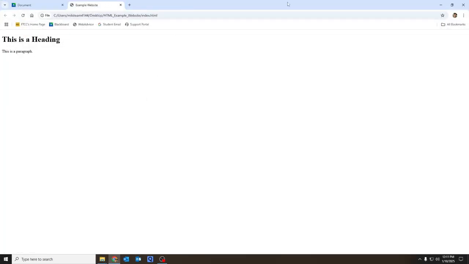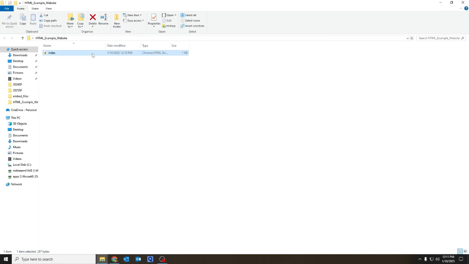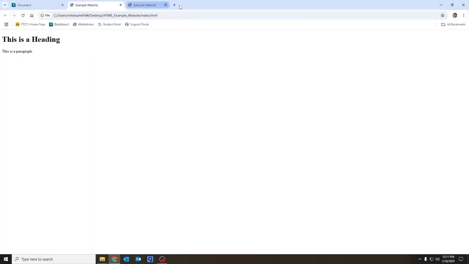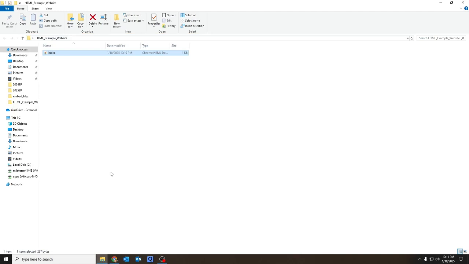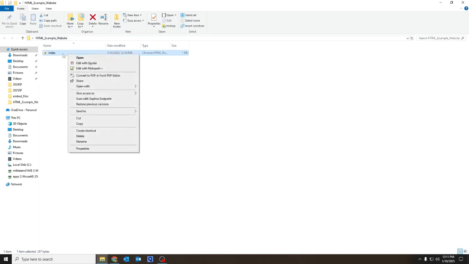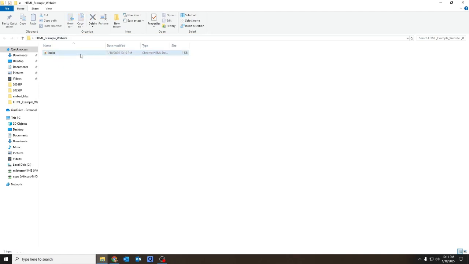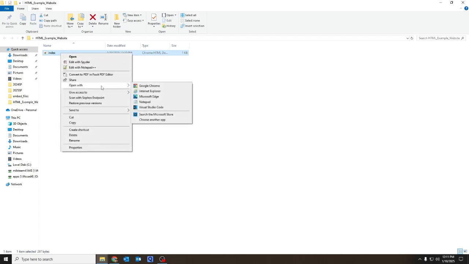That's just going to continue to open it with the web browser. So how do you therefore come back and look at your code or work on your code? You'll need to right click this index.html. So right click on the file, or it has to be highlighted blue first. So click it one time to highlight blue. And then after you've clicked it once, right click on it, and we're going to open it with,